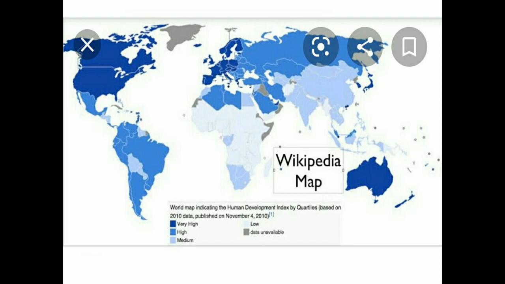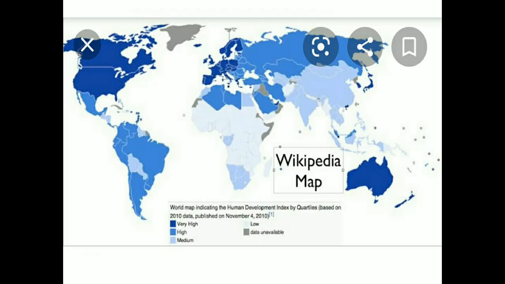In our country, the government is doing the best things for the people. We can't say it is not doing. The government is doing, but even so the people are not getting proper facilities from the government, and because of that we are at the medium level. The facilities like education, health, per capita income, infant mortality rate are somewhat better compared to other countries. And the next one is low.